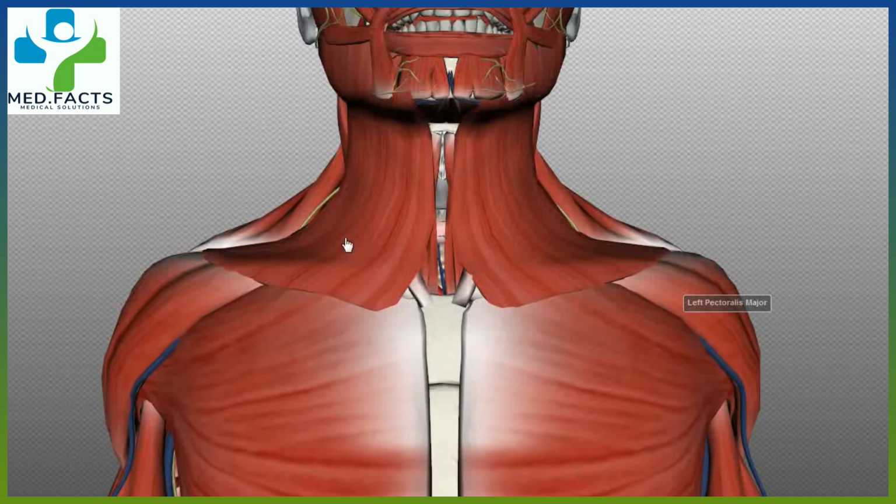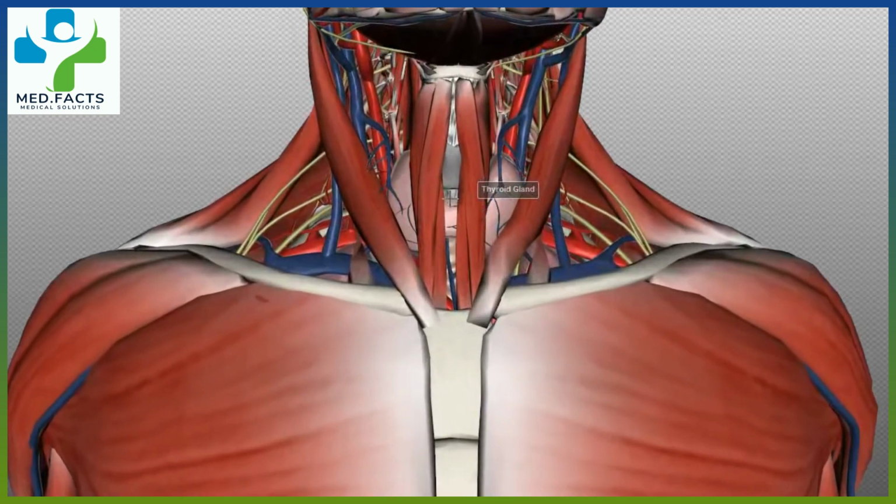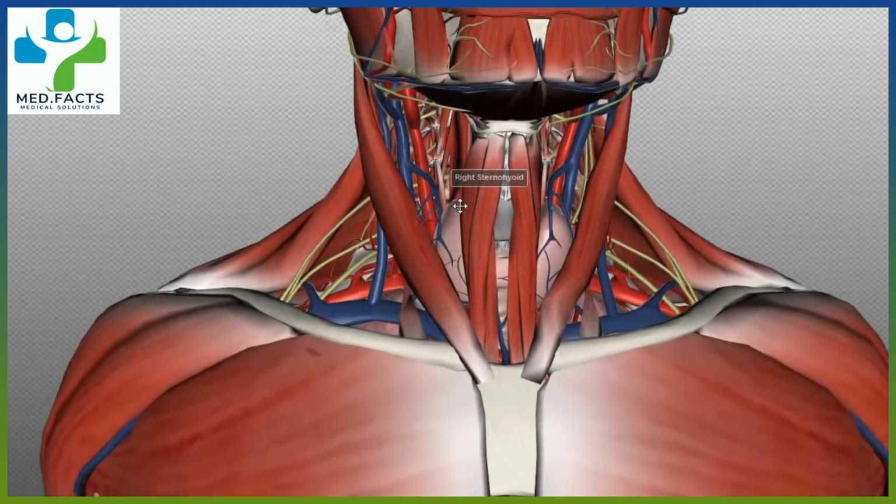So we're looking at an anterior view of the neck, and you can see these thin muscles here. This is the platysma muscle, and this is contained in the superficial fascia of the neck. I'll get rid of these and show you the different triangles. If I just zoom in a little bit more, I've got rid of the platysma muscle, which lies in